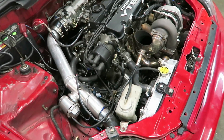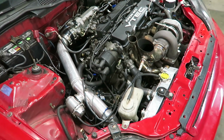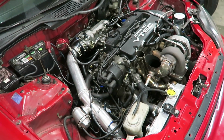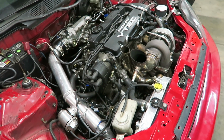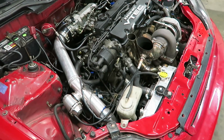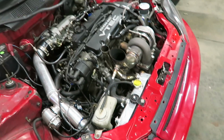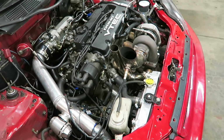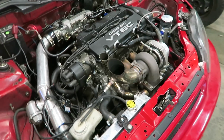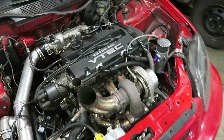That's the same transmission we got from the junkyard for $100 with 260,000 miles on it out of an F22 Accord. So bone stock transmission gear wise, and I'm just running Valvoline synchromesh in there, and then the clutch is a Competition twin disc clutch, and that is the most expensive part in this car. So that ran me just over $1,000 for that clutch. But other than that, the transmission is completely stock, and that clutch does come with its own flywheel as well,